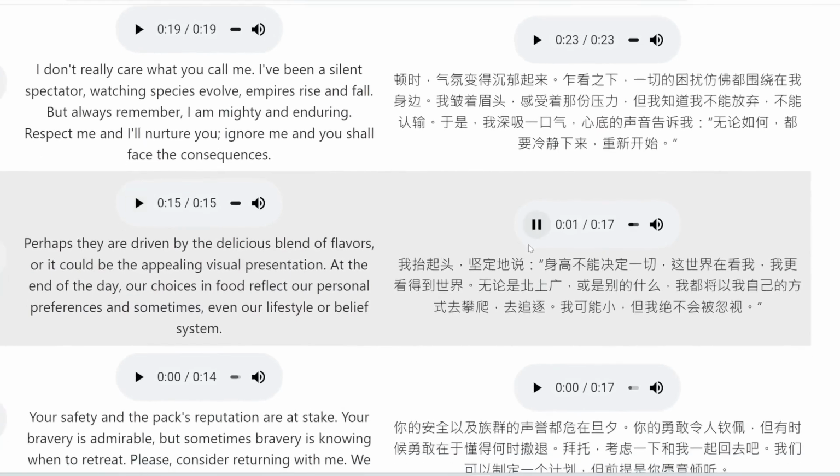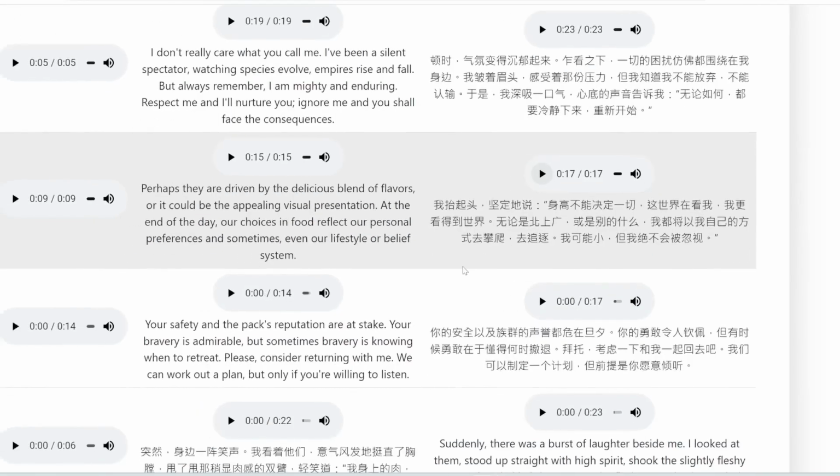我抬起头，坚定地说，身高不能决定一切。这世界在看我，我更看得到世界。无论是北上广或是别的什么，我都将以我自己的方式去攀爬，去追逐。 So again, even though it's in a different language, it still matches the tone and expressiveness of the original